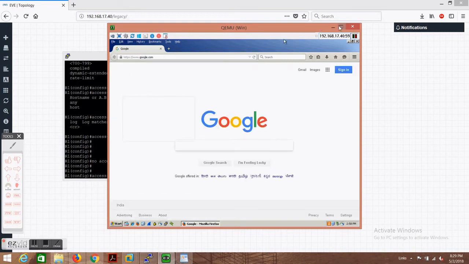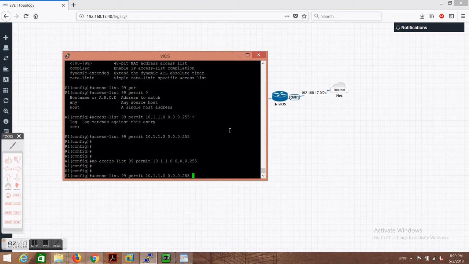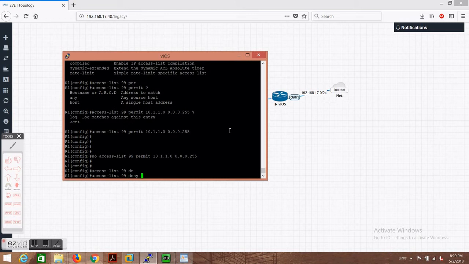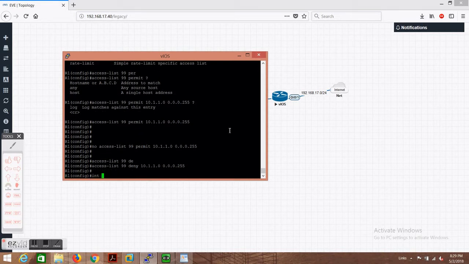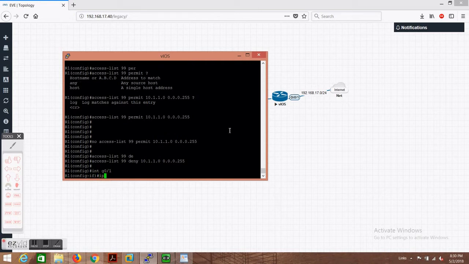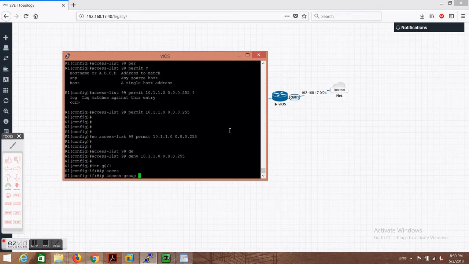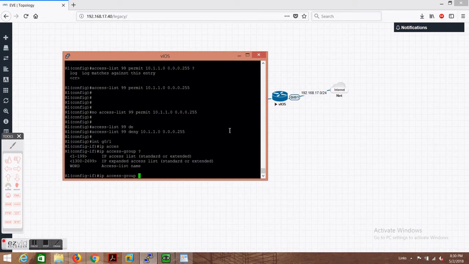So right now if I check here, I would be able to go to the internet. If I do deny 10.1.1.0 0.0.0.255, on the interface, IP access-group,